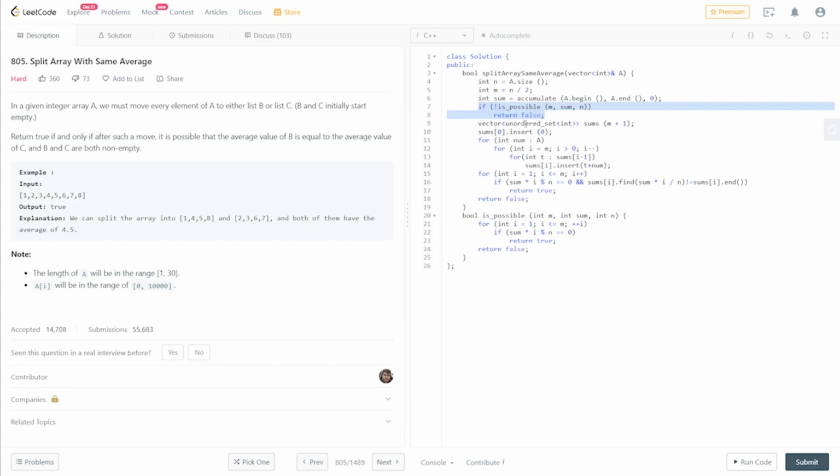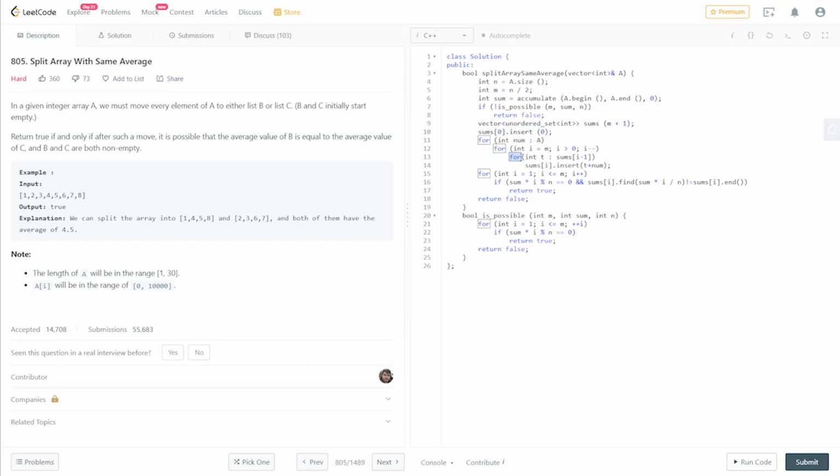Now moving on further, we have initialized a vector of unordered sets of integers and named it sums, and the size of this vector is m plus 1. Now we are inserting the value 0 at sums index 0. After that, we are iterating over the given input vector, using an enhanced for loop for int num in a. Now we have a nested for loop iterating from m to 0.